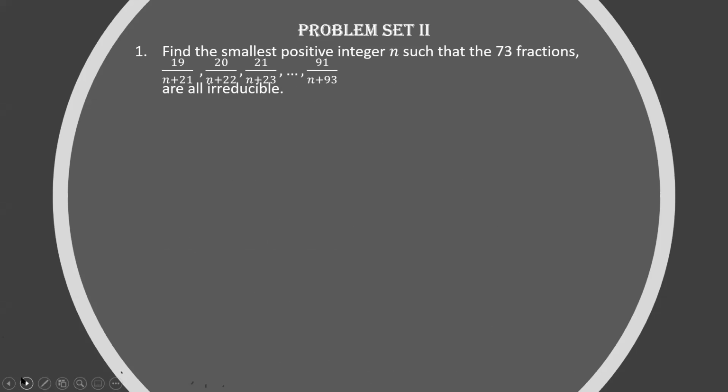If you're a math Olympiad lover, then you must have this book called Math Olympiad Challenges by Titu Andreescu, and this particular problem is in that book. This is the first problem. The second problem is: let m and n be natural numbers. Prove that if m times n divides m square plus n square, then m is equal to n. The first problem came in some Olympiad, and the second problem also came in some Olympiad.